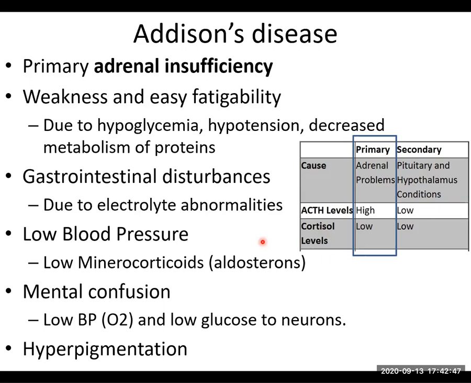If it's hypo, meaning that it's low, the major disease is called Addison's disease. And this Addison's disease has lower corticosteroids, and so it is a primary adrenal insufficiency, and